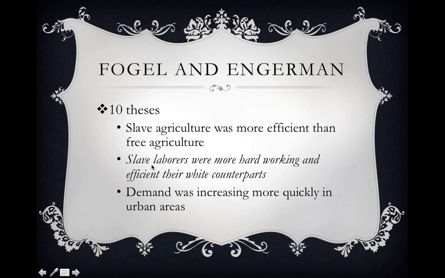For example, if you took the slave laborers and allowed them to become free workers, would they be that much more efficient than their free counterparts if they were suddenly set free? Who knows? So I think the fact of forced work and any kind of physical punishments that were out there sort of undermine that argument, that the workers might not have been that much more efficient, but the incentive not to be beaten, etc., played a large part in this.